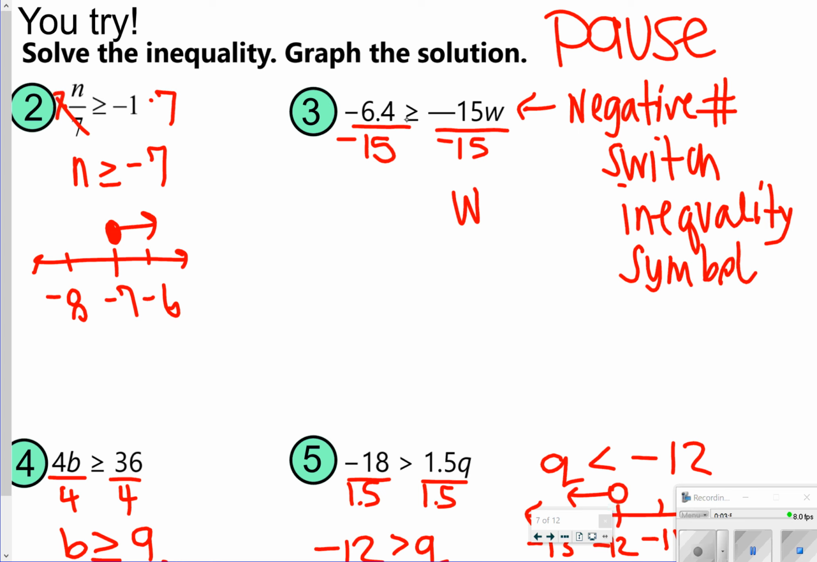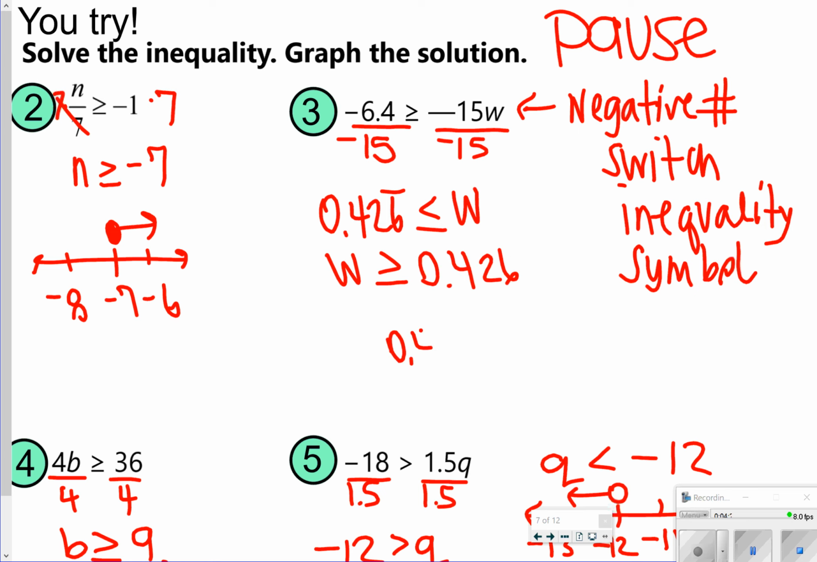So that means instead of greater than or equal to, it's going to switch to less than or equal to, and then you just still divide 6.4 by 15, and you get 0.426 repeating, so 0.42, I'm going to do a repetition sign over the 6, okay? I'm going to rewrite this one as w is greater than or equal to 0.426 repeating, so that when you have it on your number line,